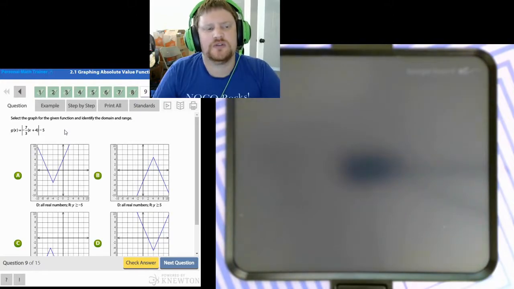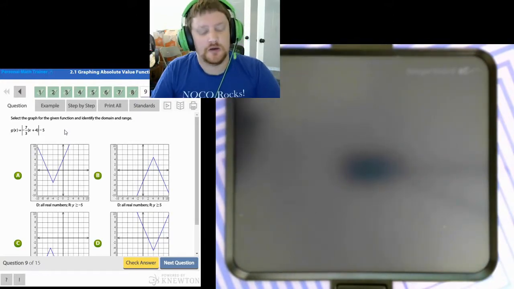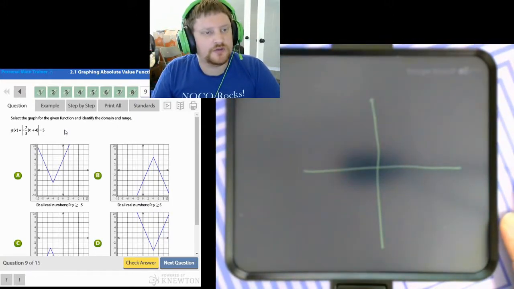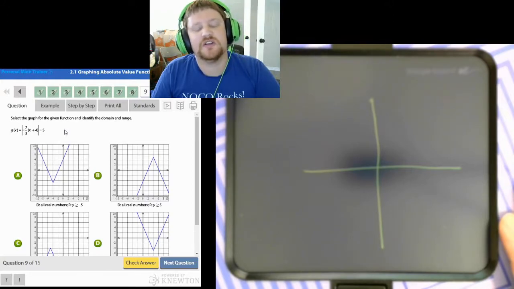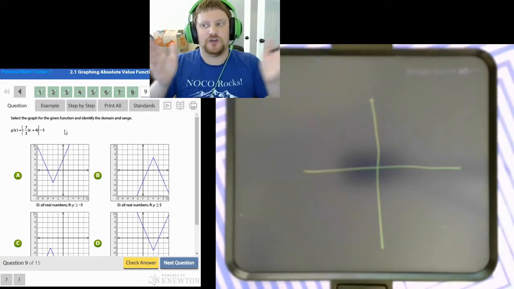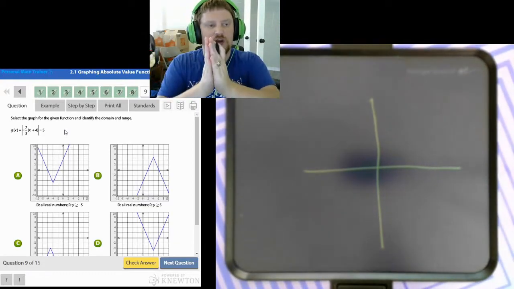I may be doing this in the wrong order, so you guys may get to see me make a mistake here. Let's find out though. So, I am seeing -7/3. 7/3 is bigger than 1, which means this is a horizontal compression or a vertical stretch. So it's a horizontal compression,